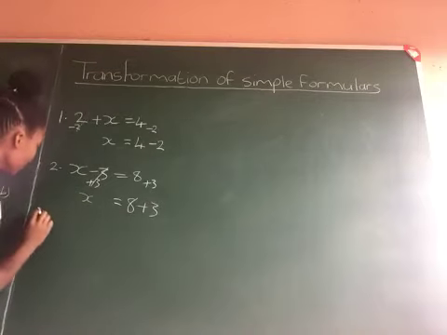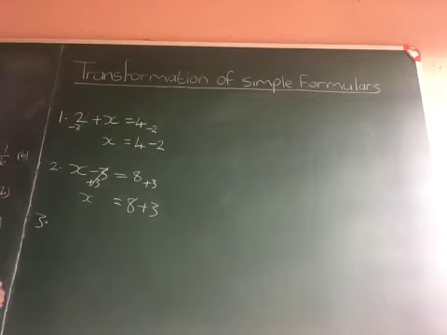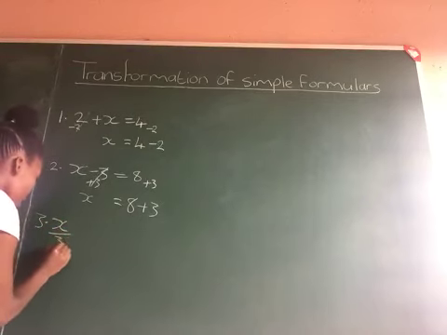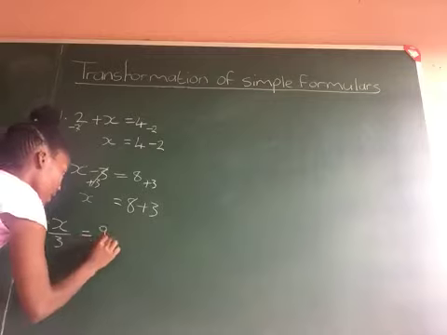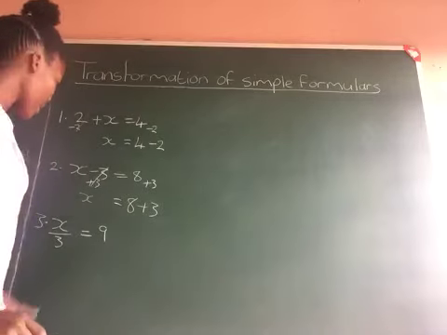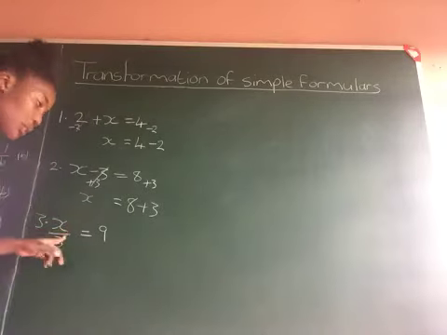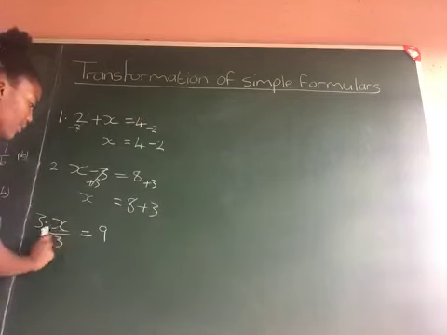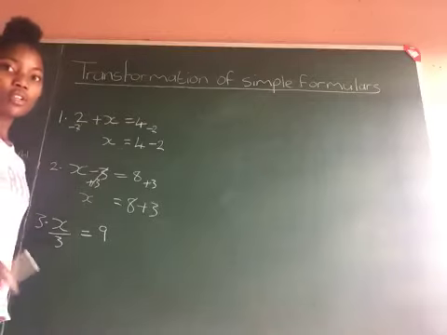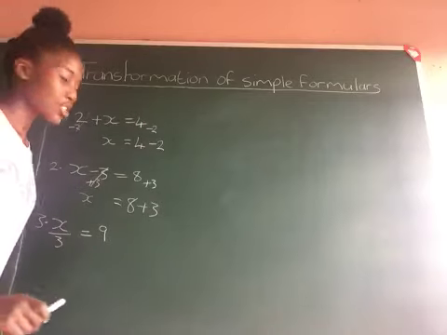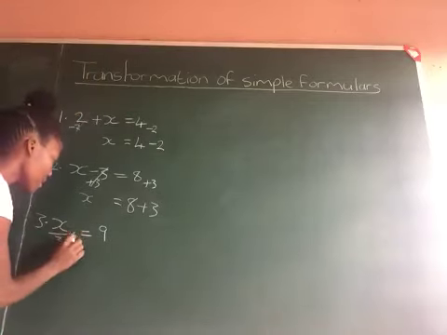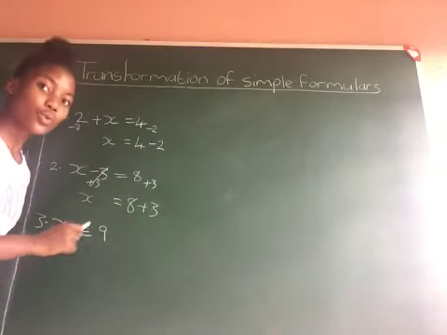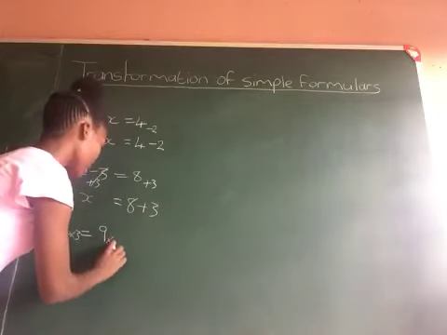The third example, we have x over 3 is equals to 9. Now in this case, when you're told to make x the subject of the formula, you're going to focus on this 3. And in this case, we're dealing with division. So the opposite of division is multiplication. So we're going to say times 3. And remember, what you do on the right, you also do on the left. So times 3 this side too,